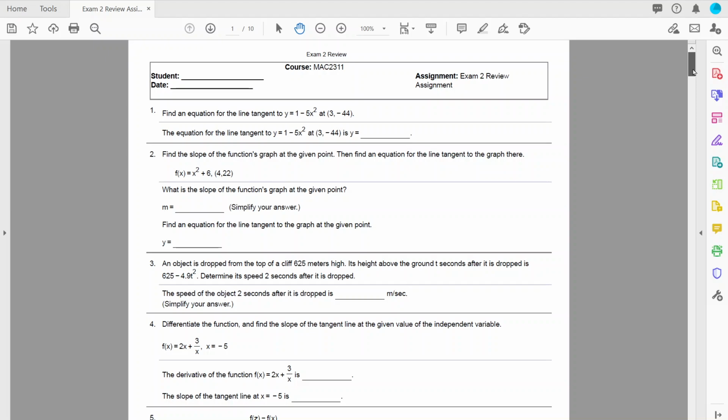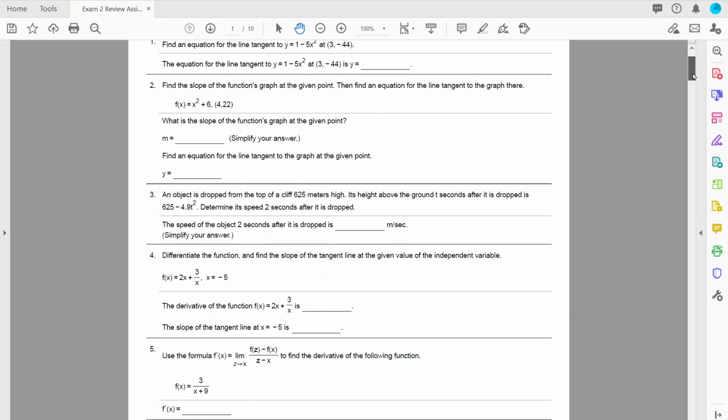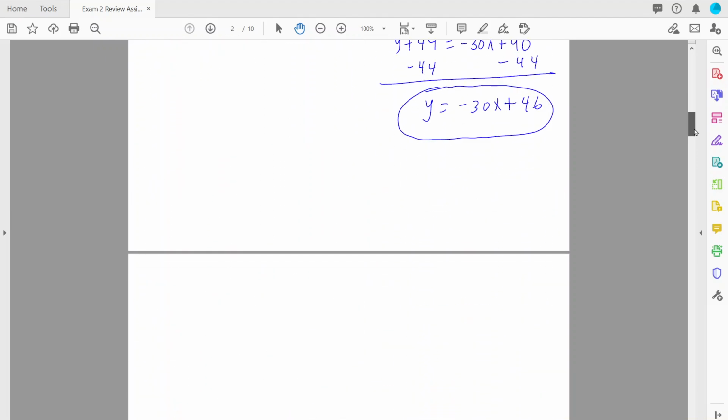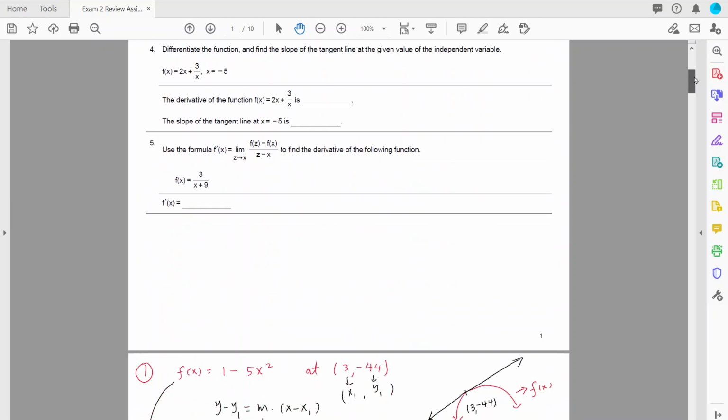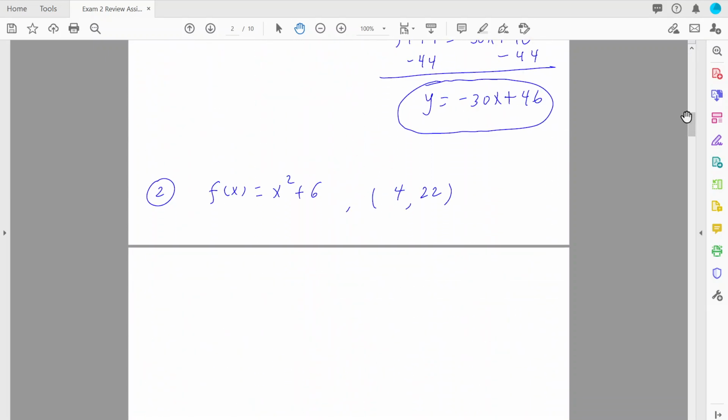The function is x squared plus 6, and the point is 4 comma 22. Let me just double check here. x squared plus 6, and the point is 4 comma 22. And for finding the slope,